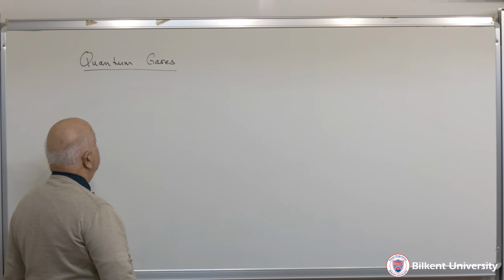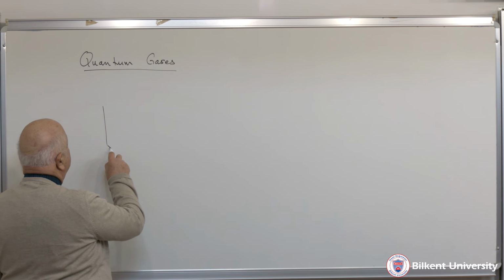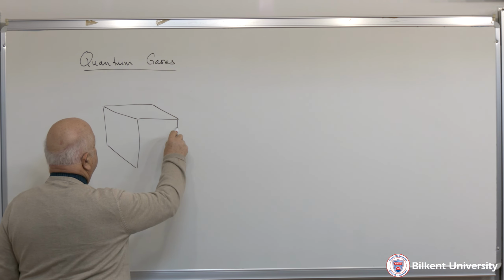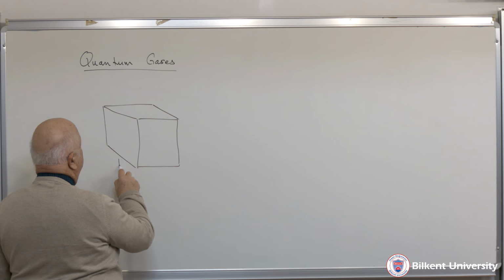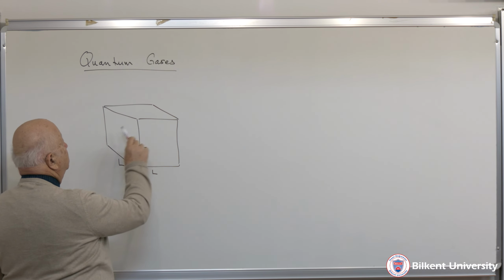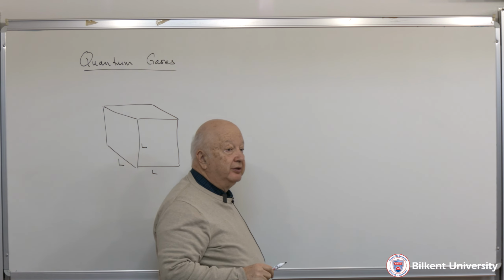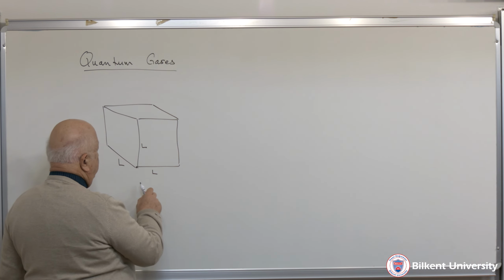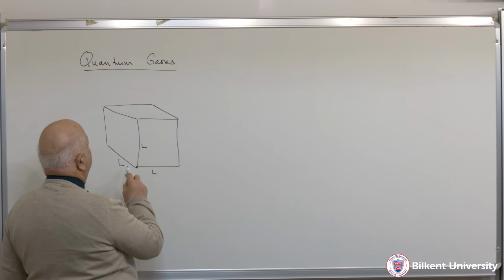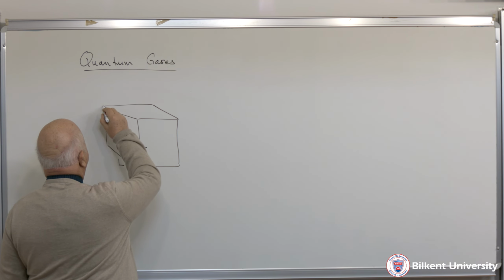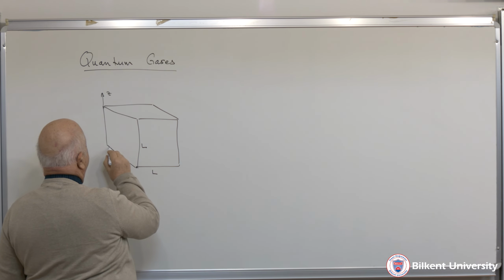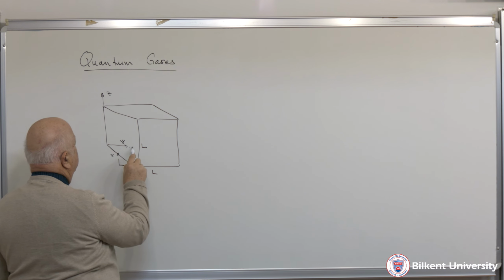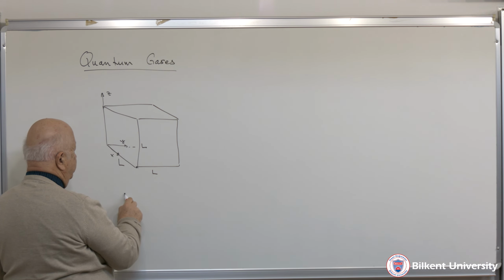Okay, so suppose I have a box, I'll take it to be a cubic box for simplicity in algebra, L, L, L. And I start putting in particles. So we know what the wave functions look like. The wave functions have to go to 0 at various ends. So if I just call this, for example, the z-axis, x and the y-axis, the wave functions go like